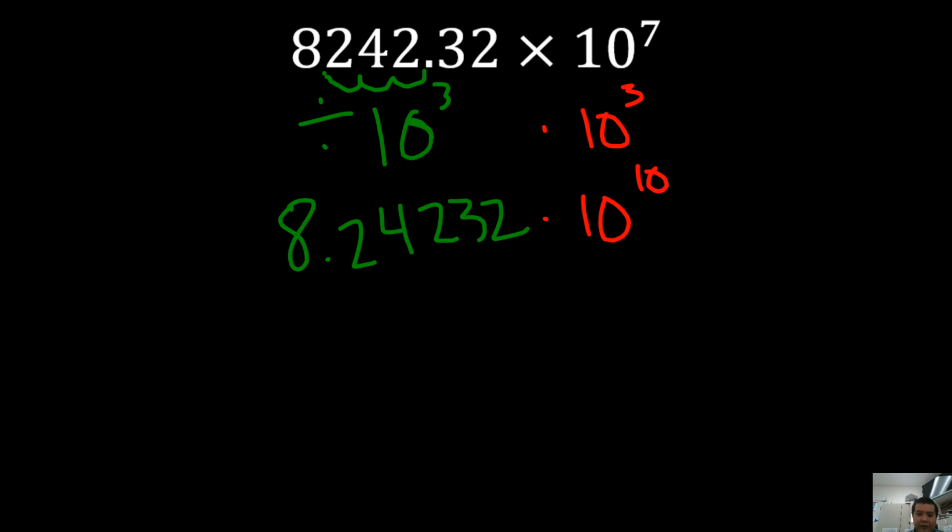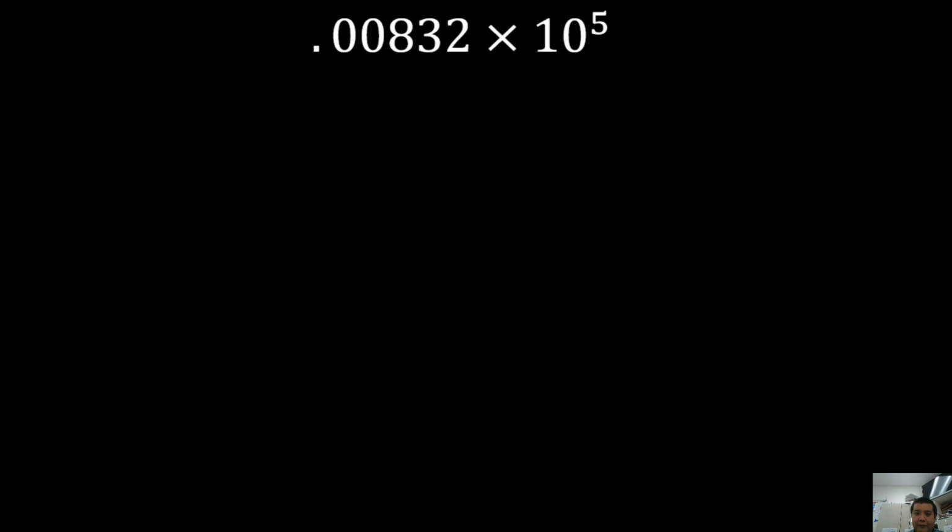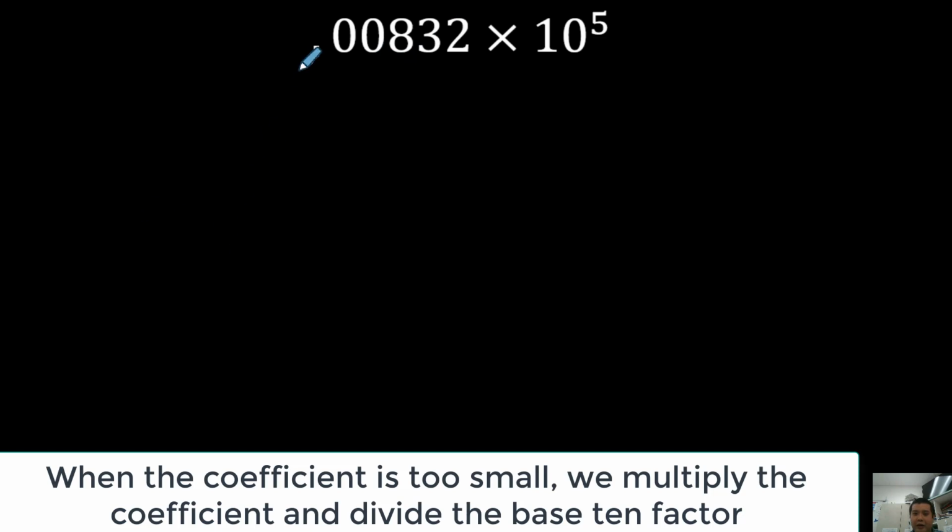Now, for the next one, here we actually want to go the other way. We want to make our coefficient bigger. Okay? We need to make it bigger by moving the decimal place over 1, 2, 3. Okay? In order to make something bigger, we need to multiply this one now. Multiply it by 10 to the third. So we've multiplied this by 10 to the third now. Okay,